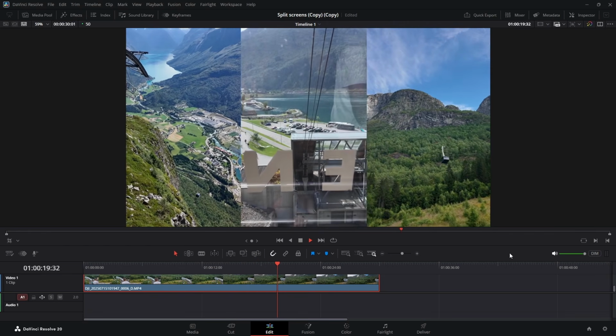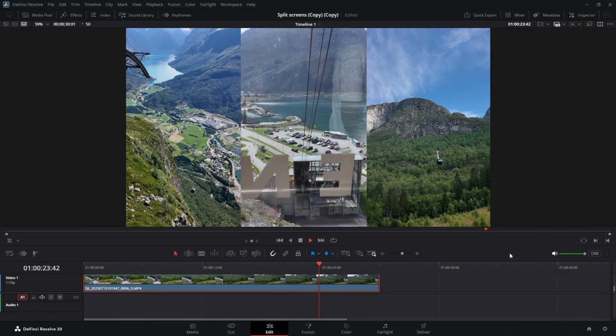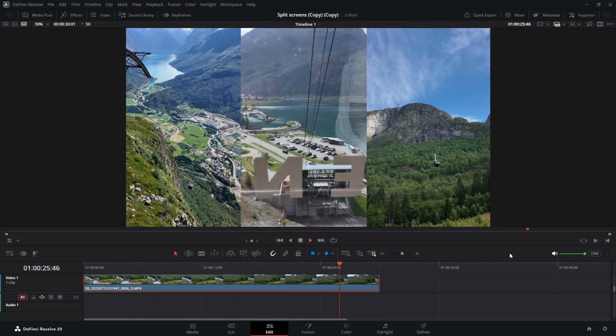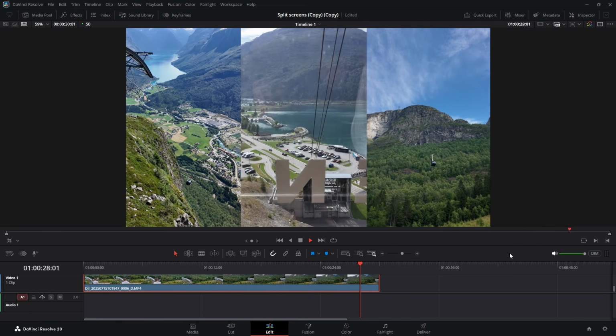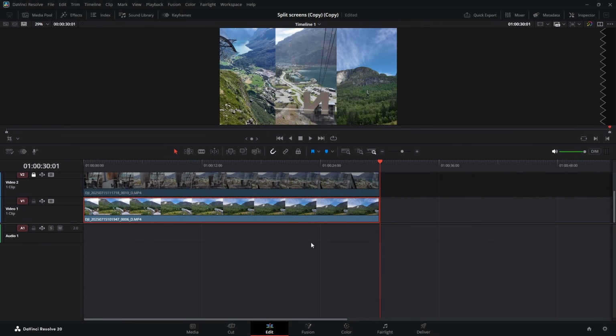So there we go. 3 videos running simultaneously as a split screen. Now what you could also do is, a different effect, you could stagger them. So we'll drag that down